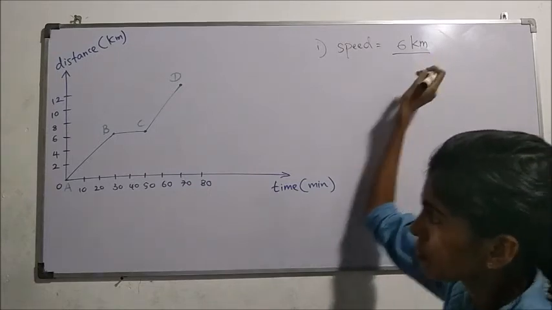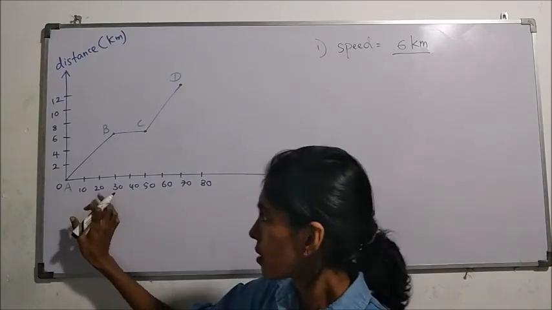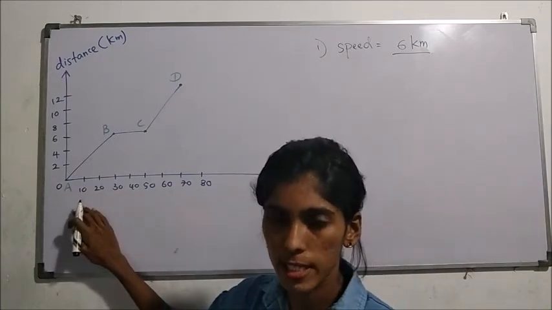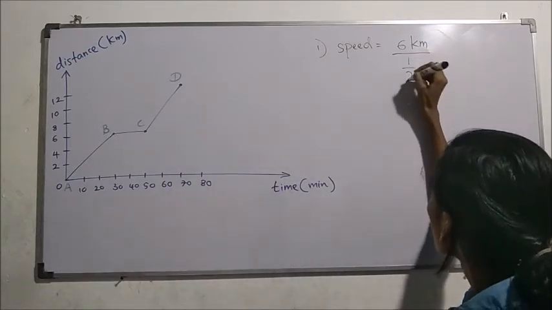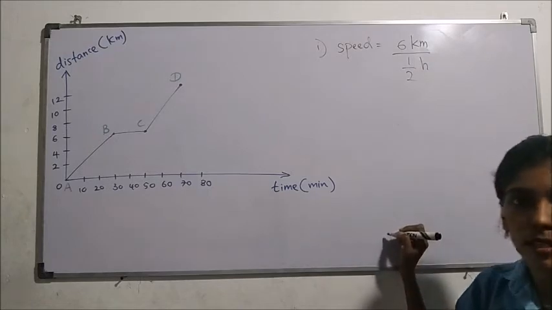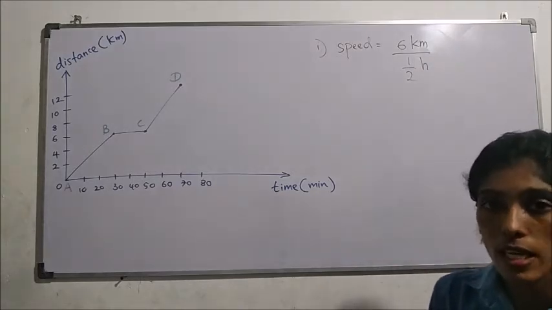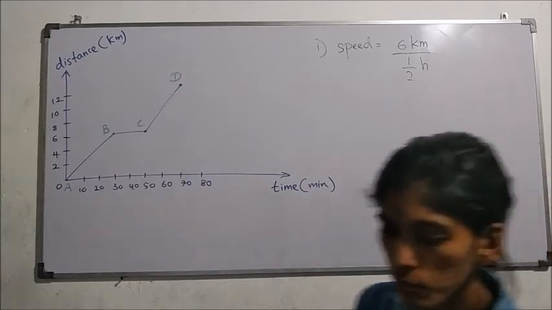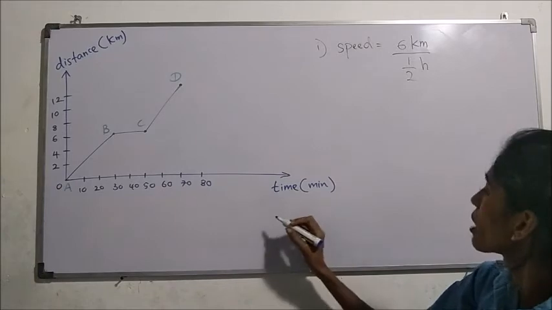It must be in hours. So how do we convert minutes into hours? By dividing by 60, right? Or else, 30 minutes means half an hour. So here you can divide by half an hour, right? I told you when a fraction comes as the denominator, if there is another fraction, it's a little bit hard for us to solve. So at that time I told you that you can follow this method.